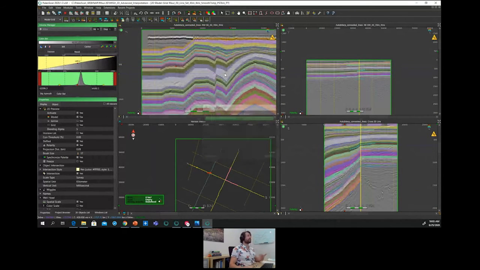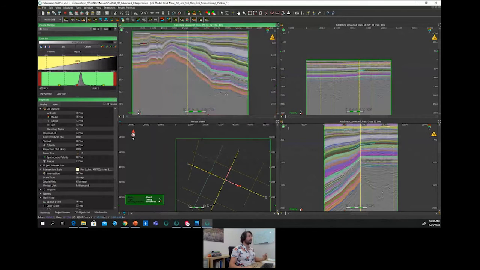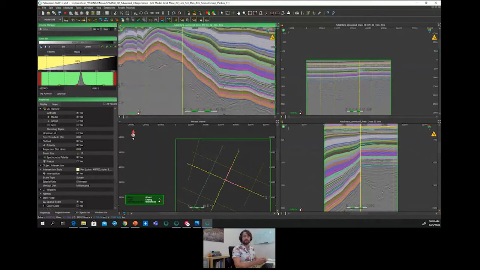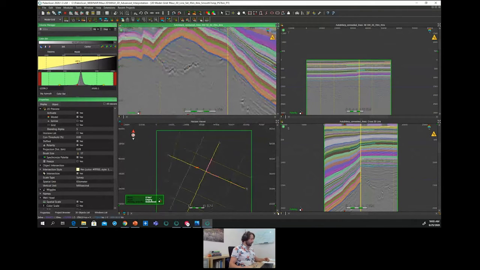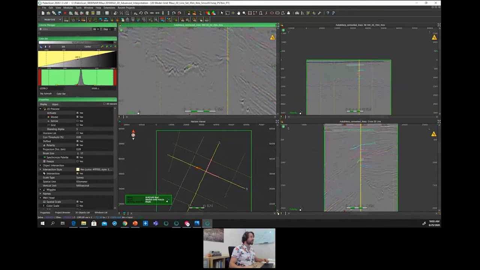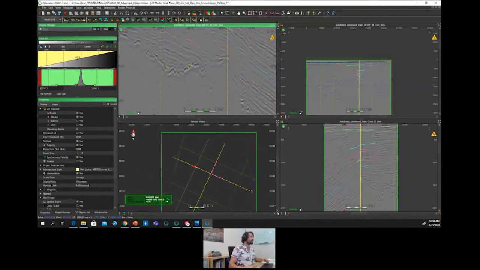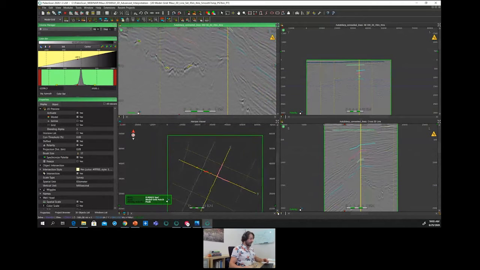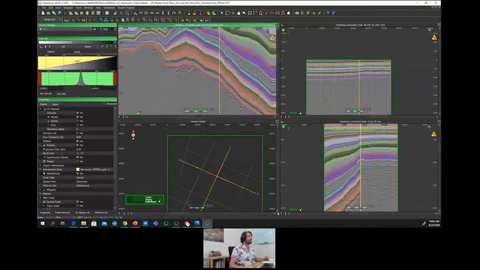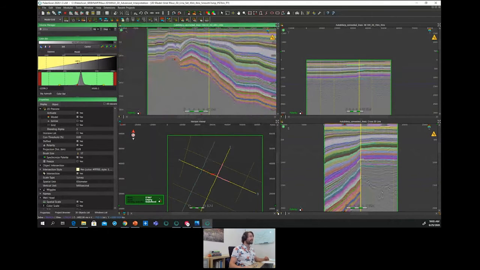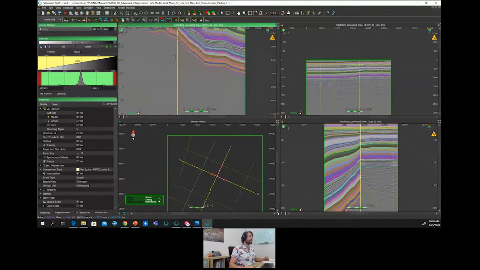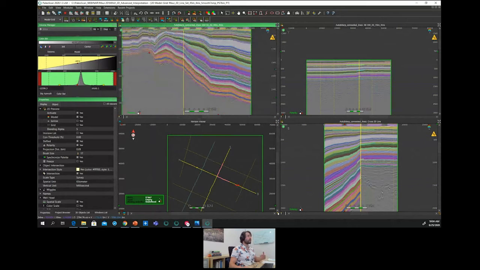So the interpretation is totally under the control of the interpreter because the geotime model will exclusively integrate the marked horizons. So for instance, here, I can start refining a bit the basement. And after just a few parts refined, we are starting to properly correlate the basement.